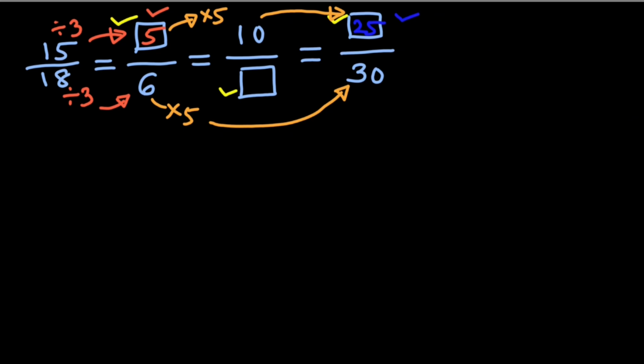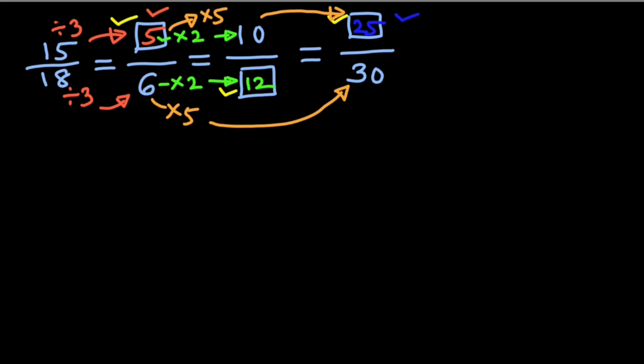And finally, we have to multiply this 5 by 2 to get this 10. So therefore, we have to multiply this 6 also by 2 to get 12 to fill this blank. So therefore 10 by 12 will be the third equivalent ratio. Now after filling these blanks, we observe that these four ratios have become equivalent.